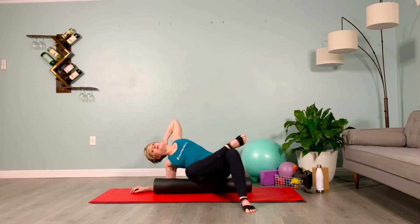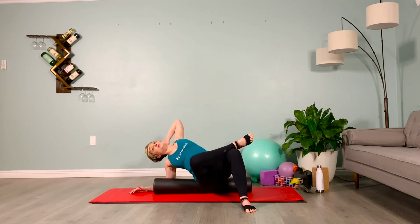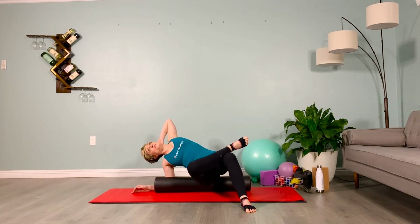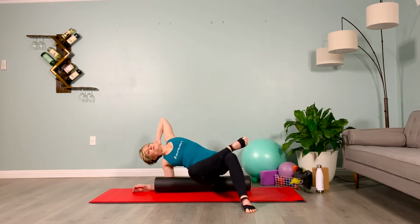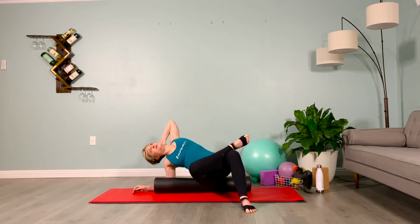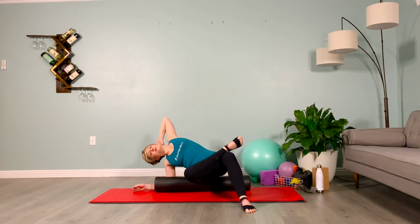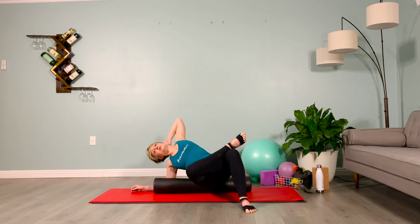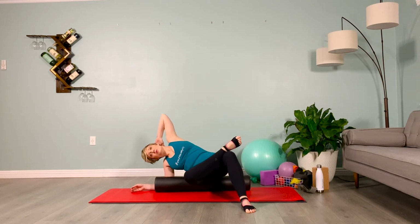So breathe, plug the shoulders down, get into that fascia. I know it's tight. Breathe through it. Hang in there. This is part of your recovery. Part of growing in your performance is flexibility work. So don't shortchange this. Don't check out. You can get water, but you should be doing the flexibility and working as hard as you are on the strength work. So breathe into that inhale